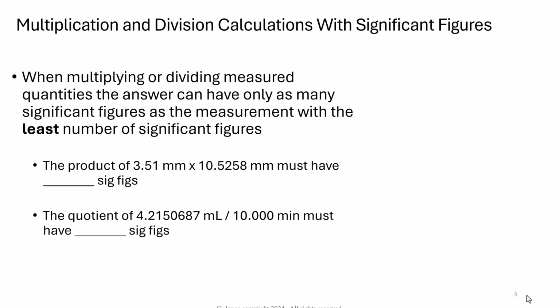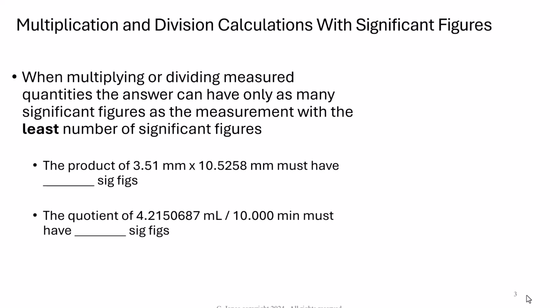For multiplication and division calculations with significant figures, when multiplying or dividing measured quantities, the answer can have only as many significant figures as the measurement with the least number of significant figures. So the measured value that has the smallest number of sig figs determines how many sig figs will be in the answer. So for some examples here,